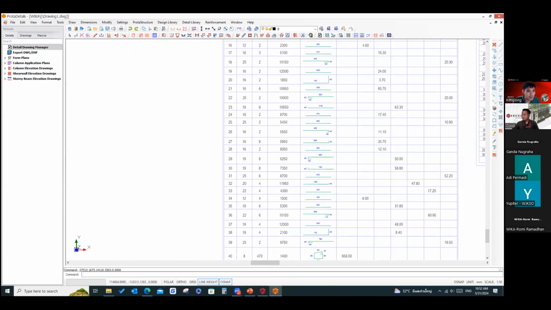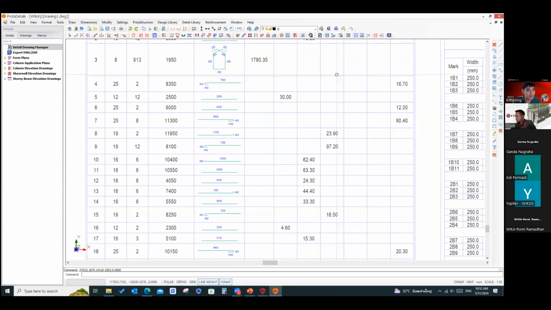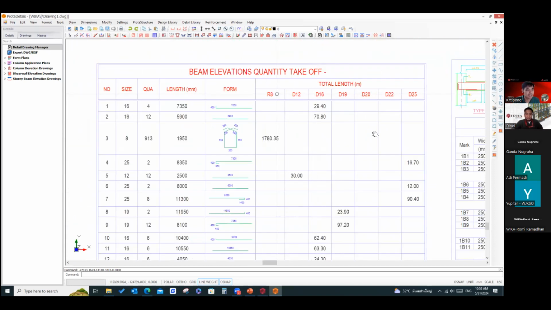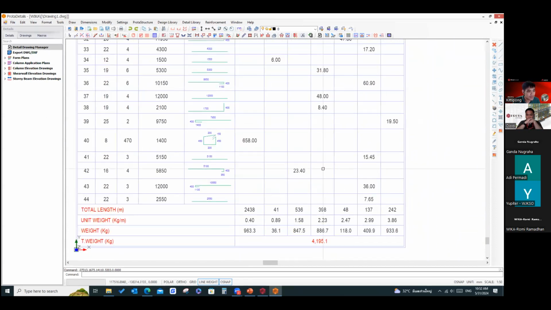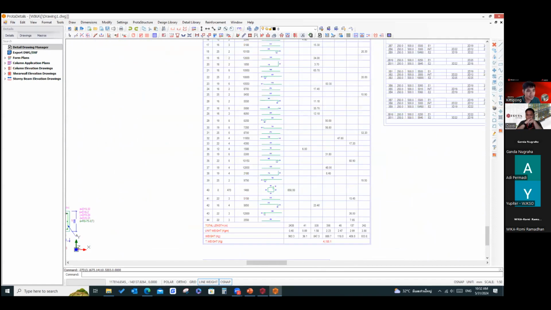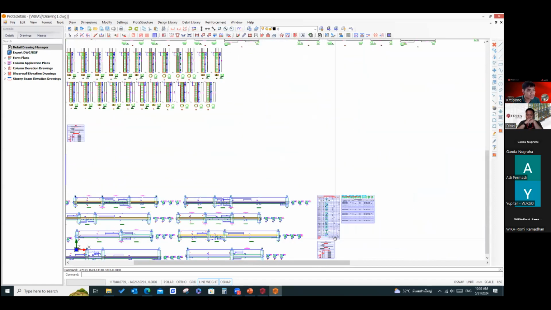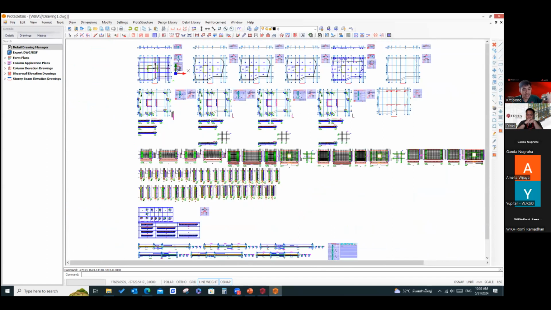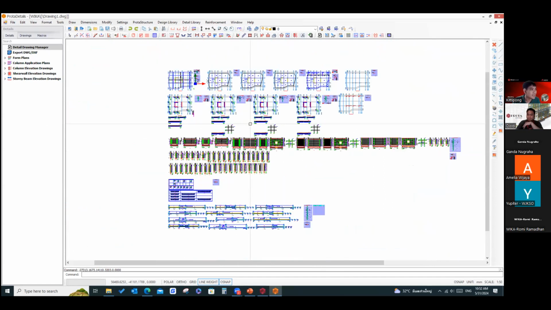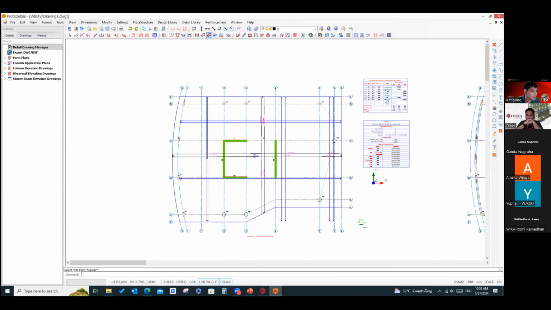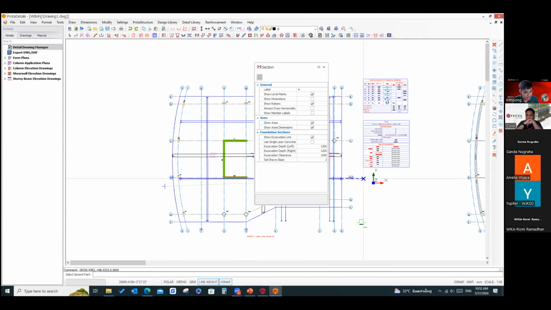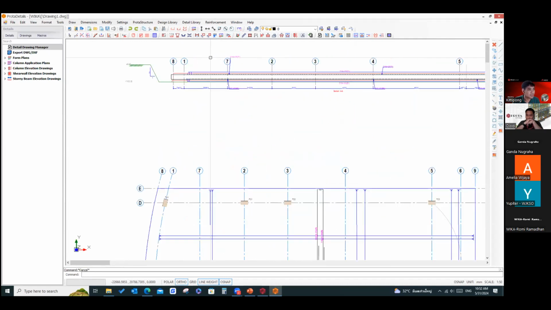See, it also does the material take off for you like this. You will have the rebarring take off. Done. You can do more than this for the drawing, right? Maybe you can cut the plan section to show the detail of the slab or foundation like this.